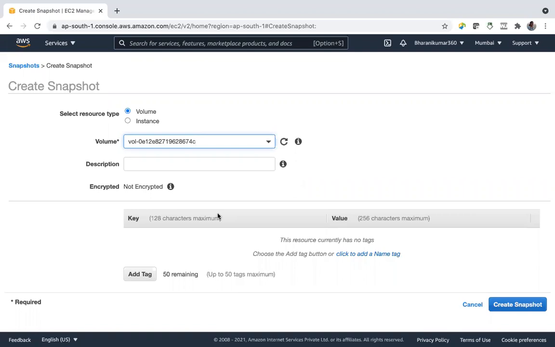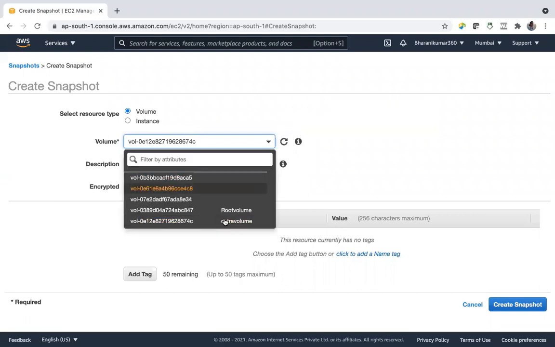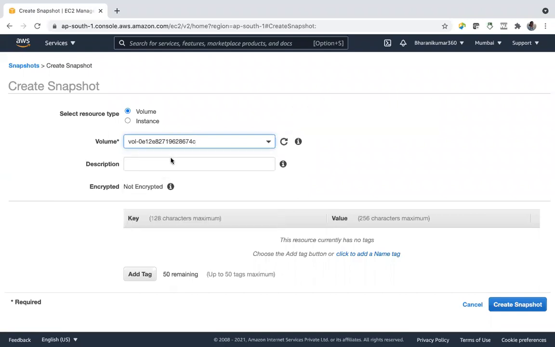So what they will do is they'll keep all these customer queries in one volume. Let's say that volume is the extra volume. This extra volume has that information, and now they want to move this volume from this region to Singapore region.